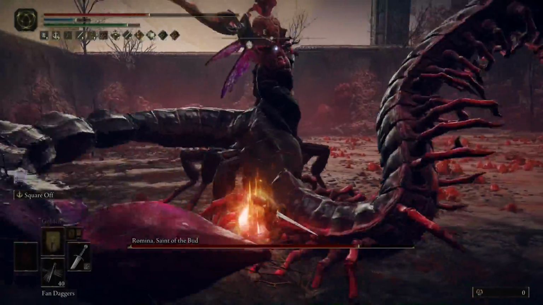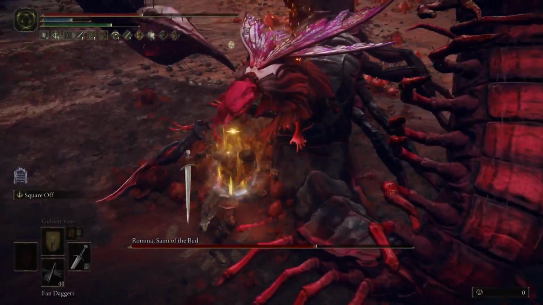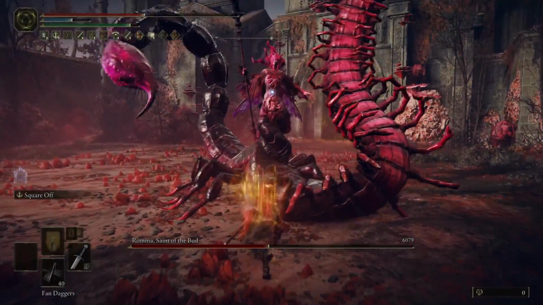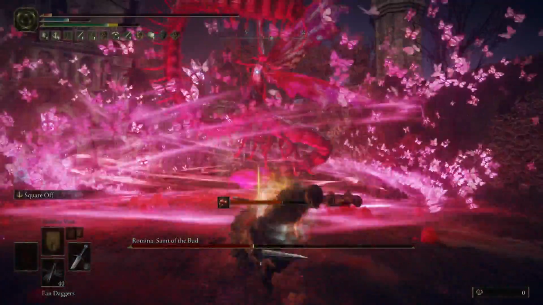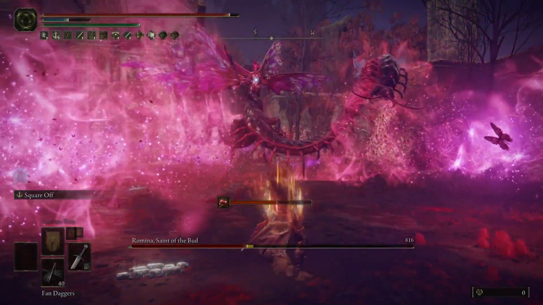So now I successfully have my sword set to heavy, so I'm doing a shitload of damage. That first hit was over 6,000 damage. So I get the crit here, and decided to get greedy and go for an attack. It was a bad idea. Don't do that. Especially since Romina does her fucking phase change like instantly as soon as she gets to half